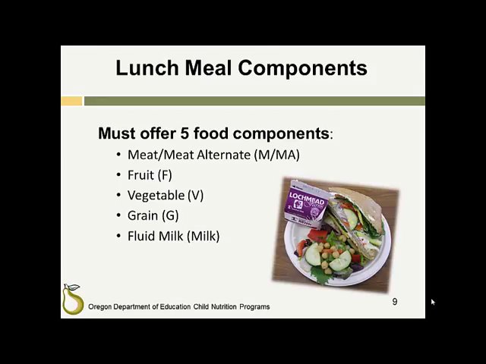Reimbursable lunch meals in the National School Lunch Program are comprised of 5 food components. The 5 food components offered to all students at lunch are meat alternate, fruit, vegetable, grain, and fluid milk. Under OVS, all students at any grade level must select at least 3 of 5 food components, and one of